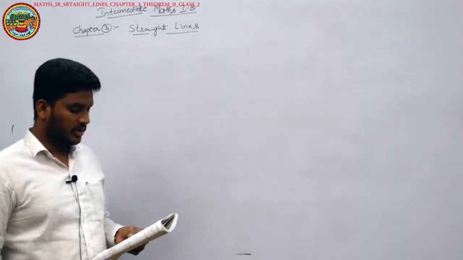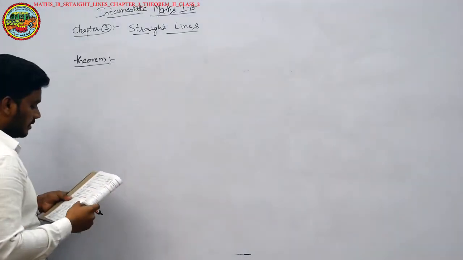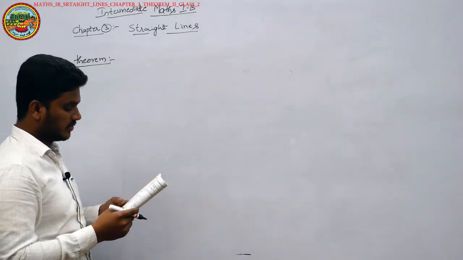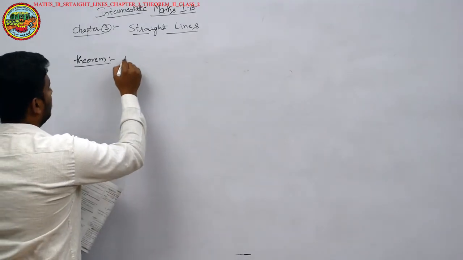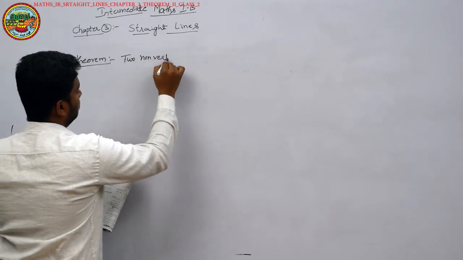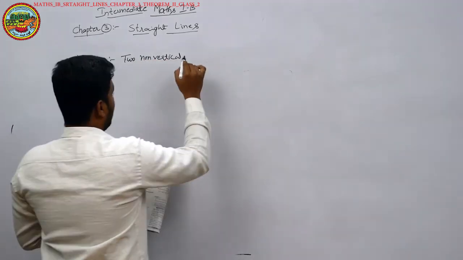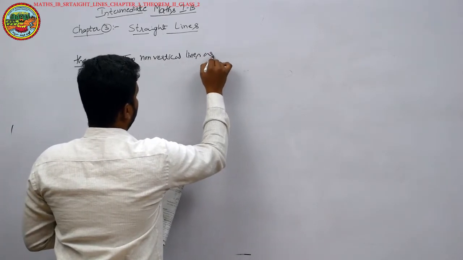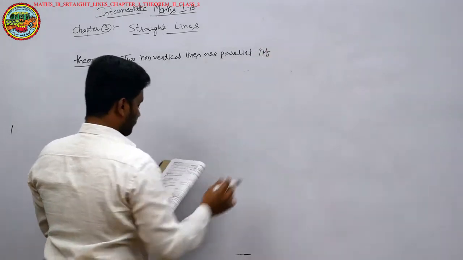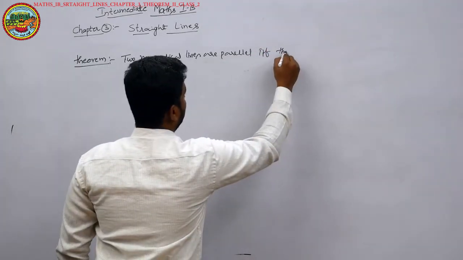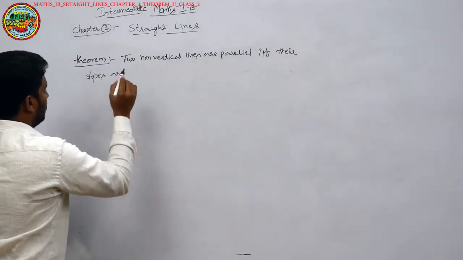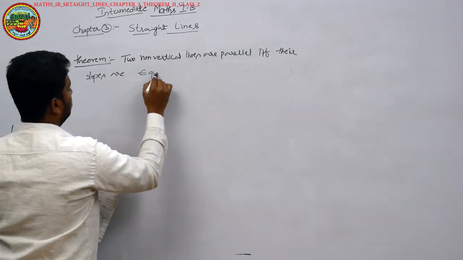Okay students, now we discuss another theorem. Two non-vertical lines are parallel if and only if their slopes are equal. So proof,